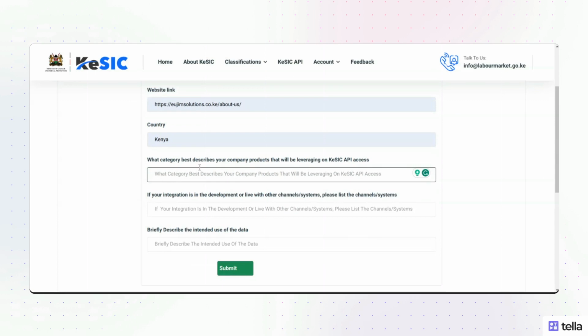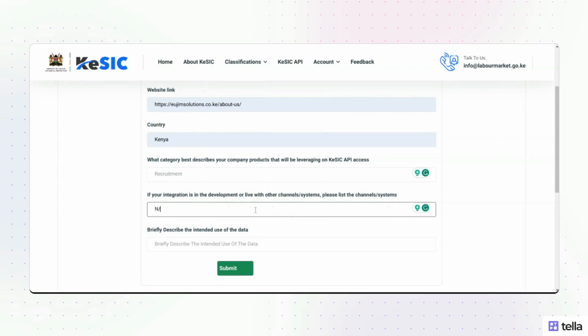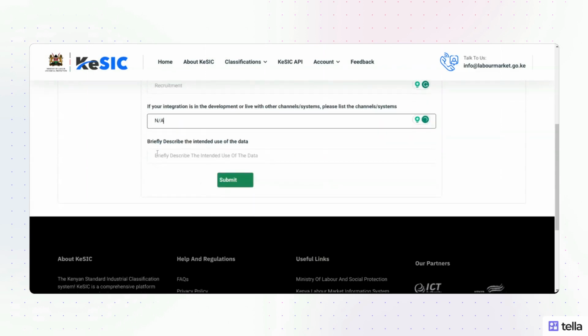Then we have the category that best describes your business. So let's say there is a recruitment. Then, if you have already integrated with another system, you can also provide that. For this case, I'll just say no. Briefly describe the intended use. So I just say